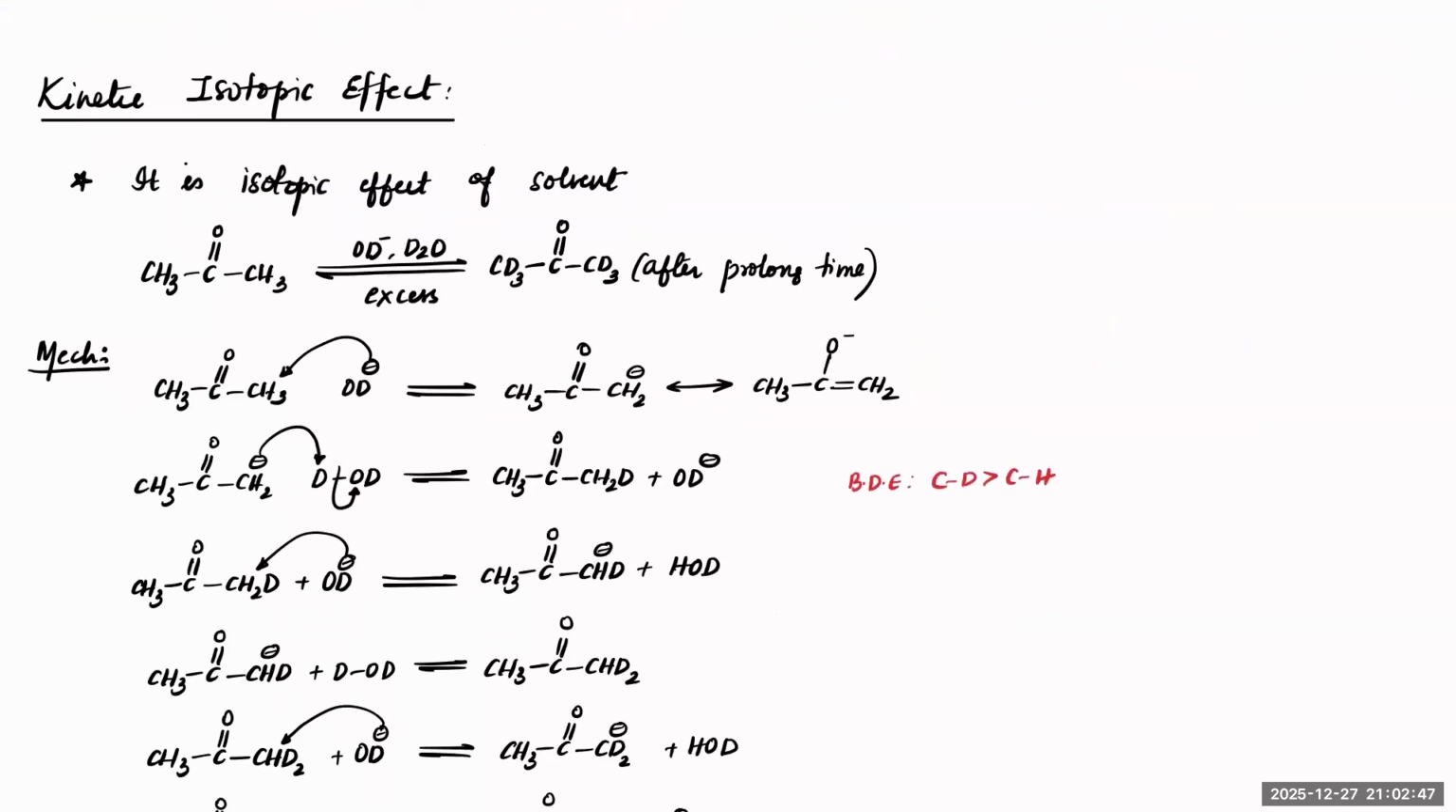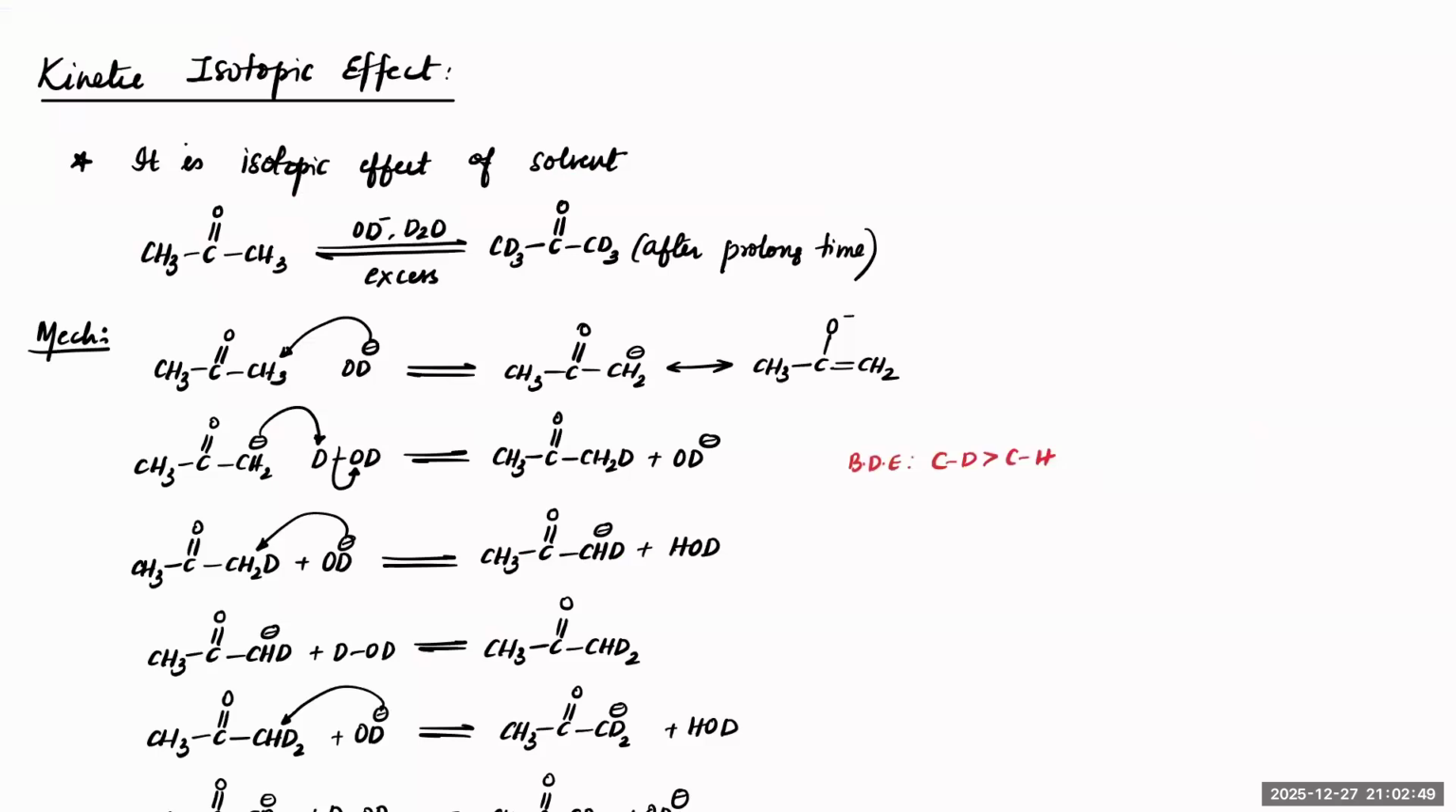Now, the second important application of tautomerism is that it shows kinetic isotopic effect. Due to tautomerism, it will exhibit something called kinetic isotopic effect. Now, what is it exactly? Check out. It is the isotopic effect of solvent. That means if you have a keto group and you react that with OD minus in the presence of D2O,